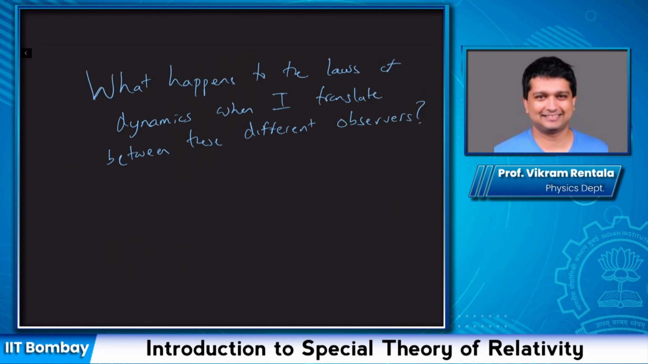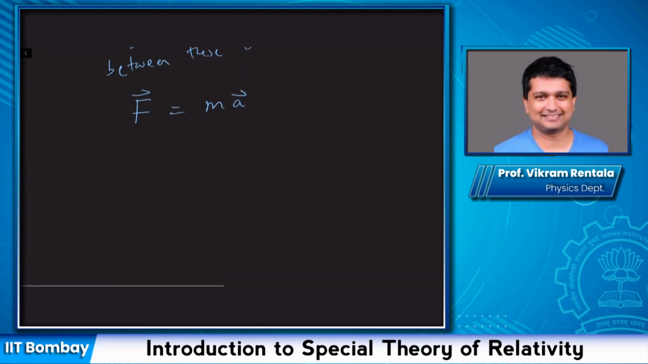Okay, so let's take Newton's laws. So F is equal to ma. And let's suppose both observers see the same forces acting on the particular particle. So let's suppose there's a contact force which is pushing the particle, and both observers agree that this is the same force acting on this particle. Okay. Now, this acceleration is